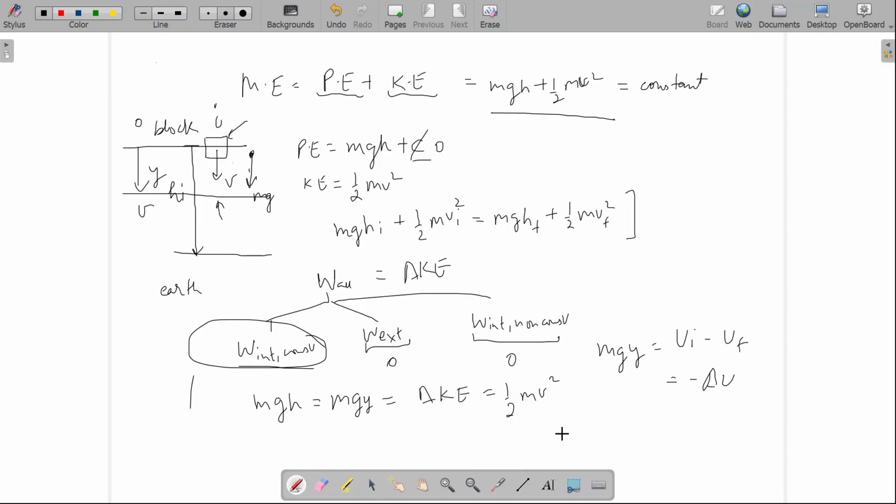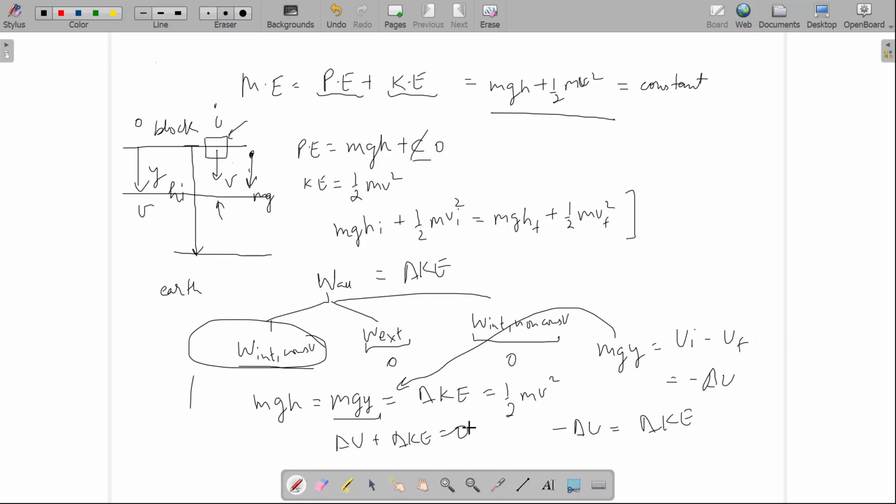So minus delta u is equal to mgy. So minus delta u can be substituted over here. So minus delta u is equal to delta ke, or we can write delta u plus delta ke